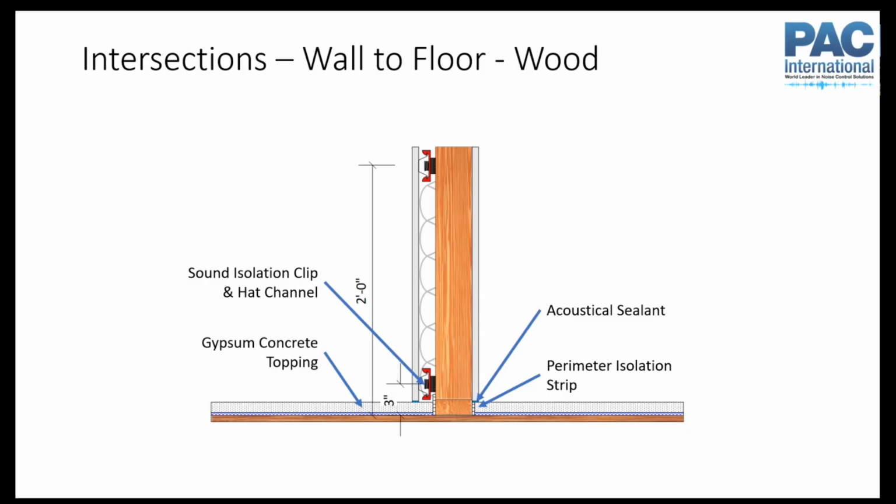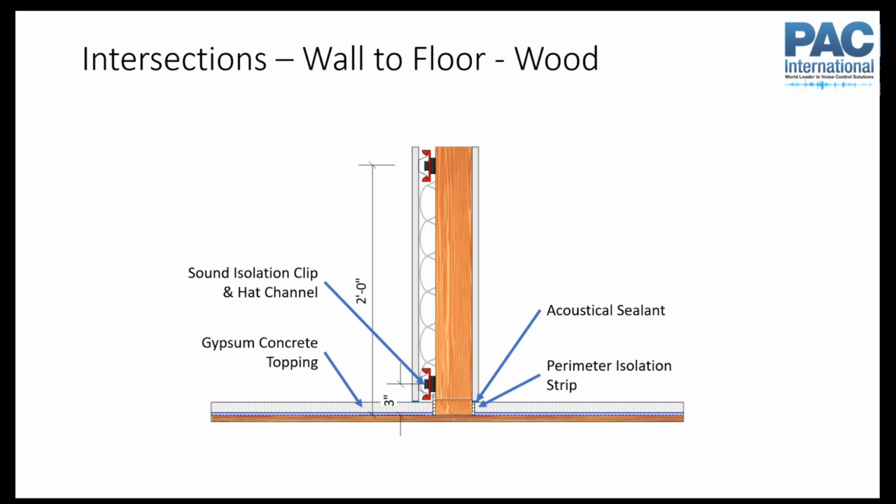There was a project way back in our history where we got a call because people were saying our wall wasn't working, and we said, well, tear the drywall out and send us some pictures, so we can see what's going on. And they called back and said, well, we can't get the drywall out. What? They had the drywall installed already and poured the gypsum concrete, and the gypsum concrete had bound to the bottom of the drywall and then gone over and made contact with the bottom plate of the wall. So you had this rigid connection through here,